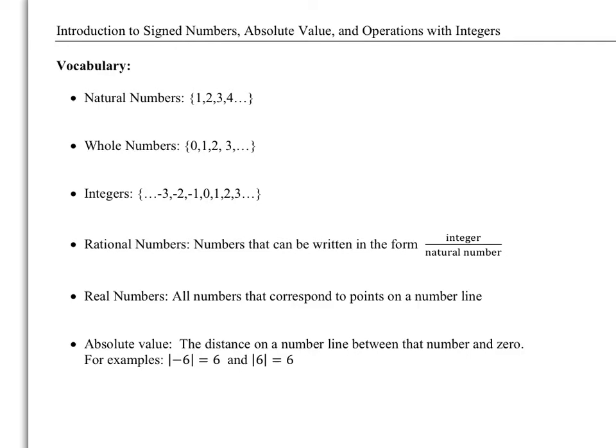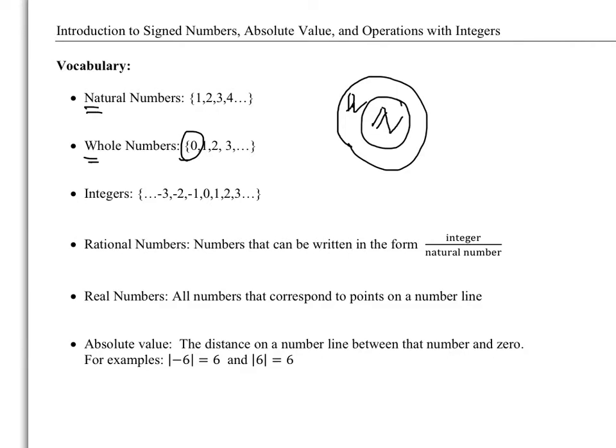The natural numbers are just the basic counting numbers, 1, 2, 3, 4, etc. And it's marked with this weird looking N. Whole numbers is the next thing. And really the only difference between natural numbers and whole numbers is that the whole numbers include the number 0. So the whole numbers are just a wee bit bigger than the natural numbers, and it's marked with a weird